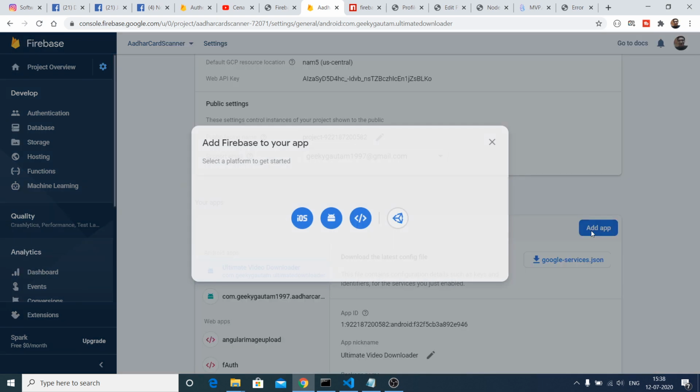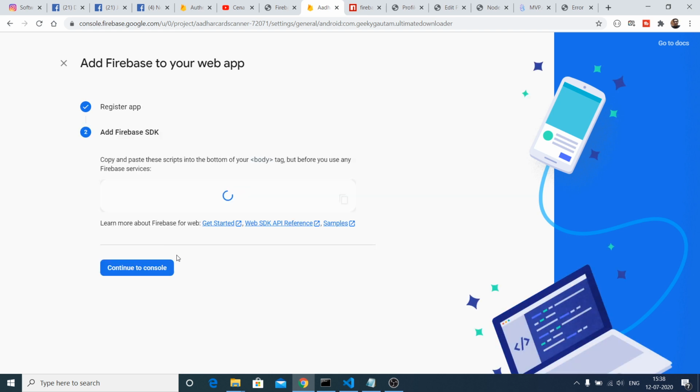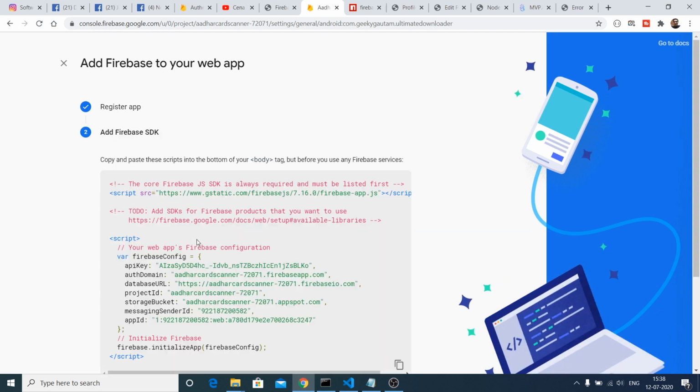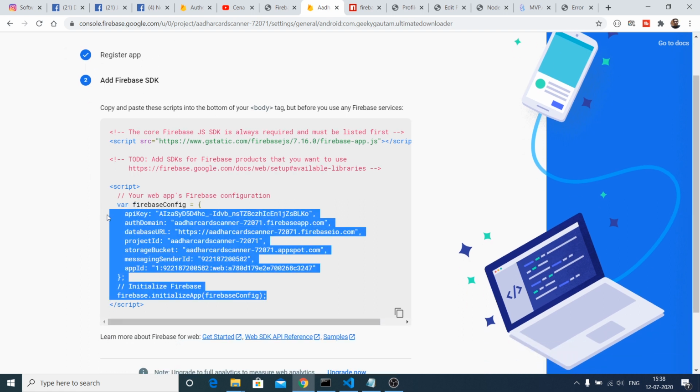Let's suppose I add an app here. This will be a web application. So here you can give the app name, auth app example. Let's suppose I give it, and click on register app. After clicking on register app, you will get a code which will be this code. This code you need to copy paste, so I will just copy paste this code here.